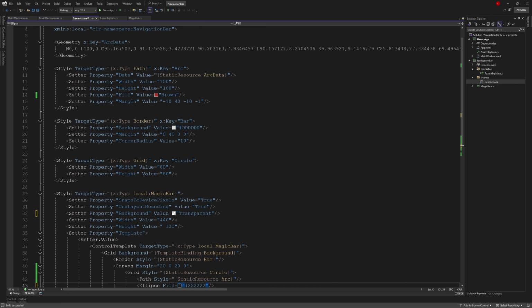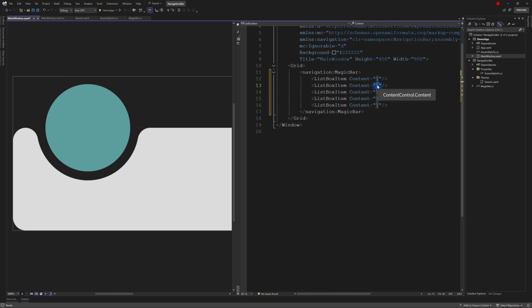Next, we need to set up the list box item part. We add 5 list box items here with different content. And we run it.